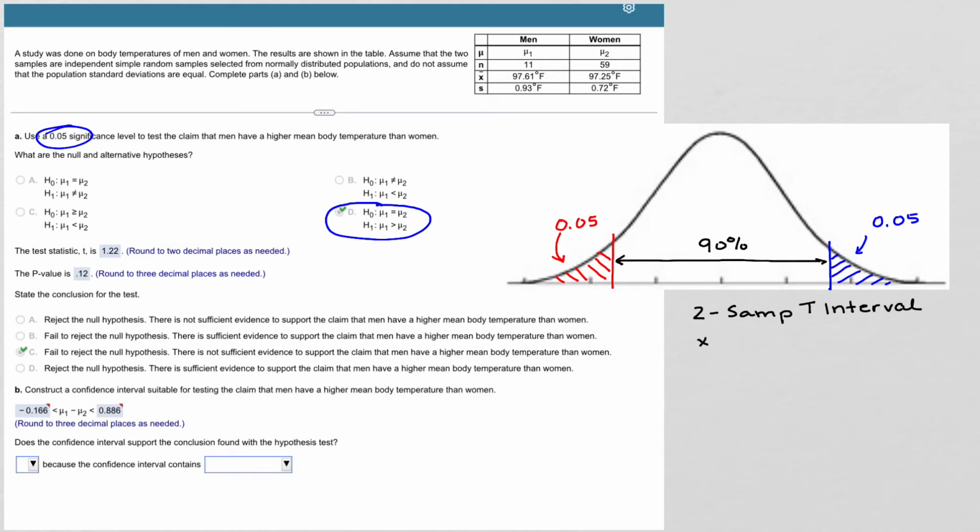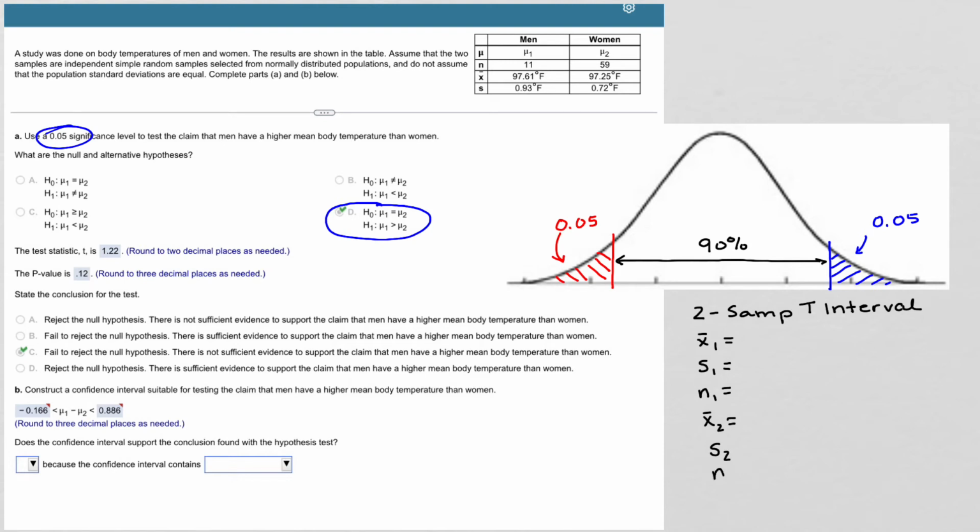So you have x bar 1, S1, and N1, X bar 2,